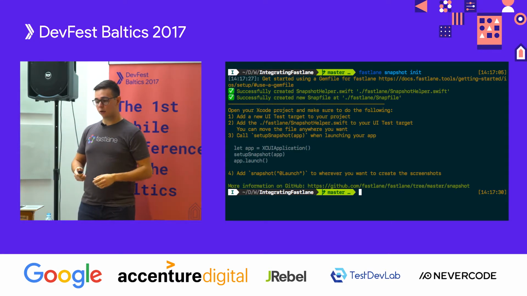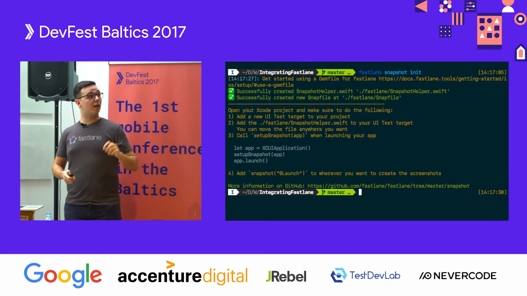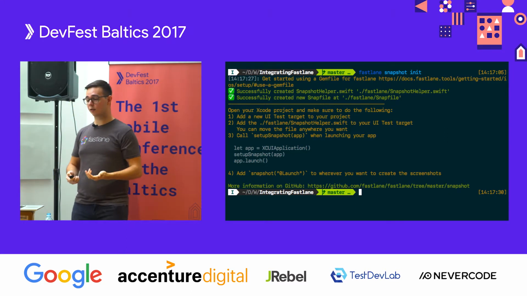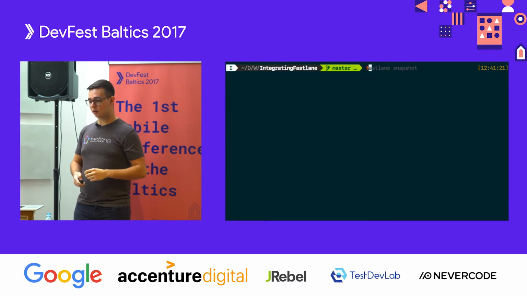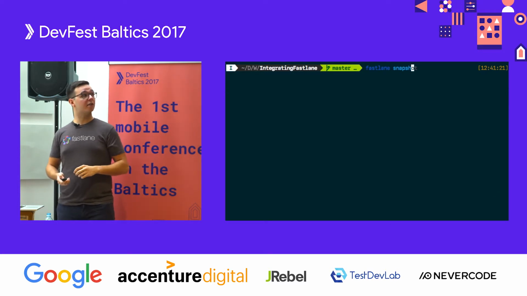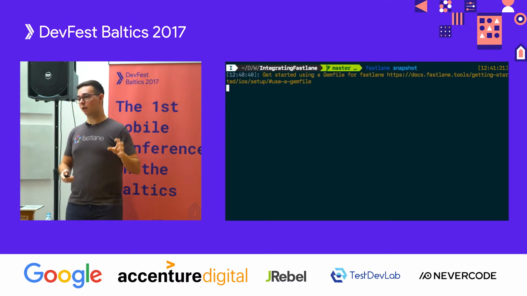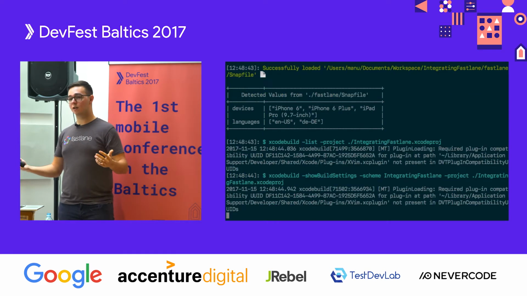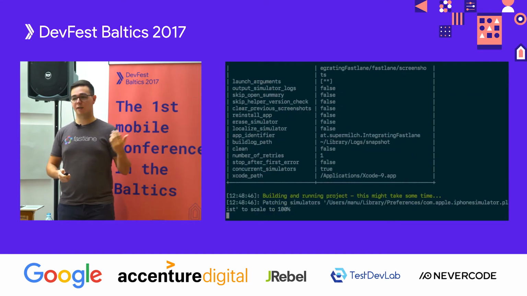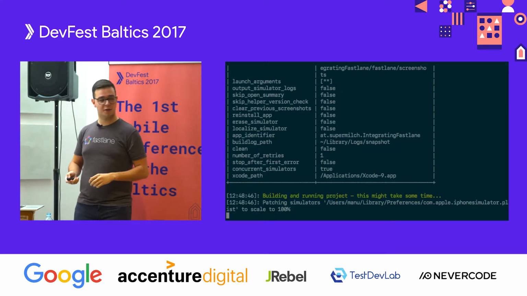So now we're done with setting up codesigning and taking the screenshots, and everything else should work out of the box. So this is just how you run it. You just type fastlane snapshot. It takes a long time to run since it boots up multiple simulators and runs your testing code, and it has to compile your app. So we're not going to look at it. I want to show you